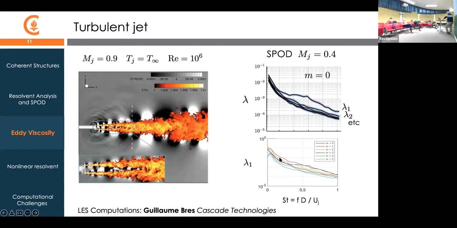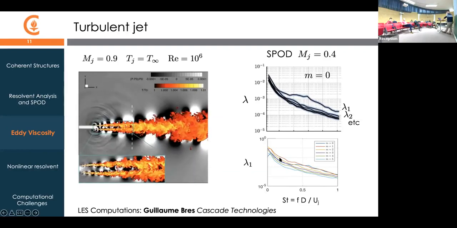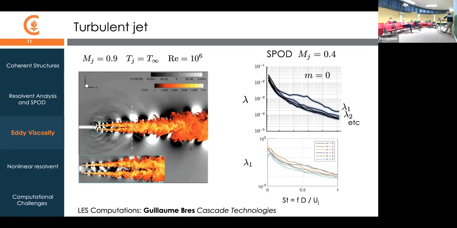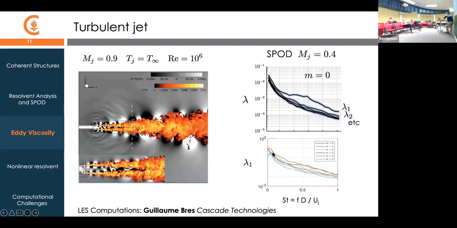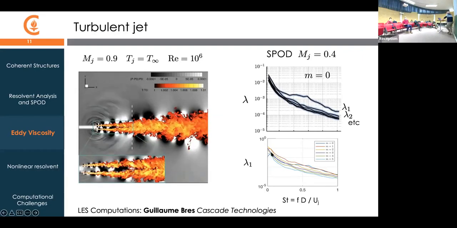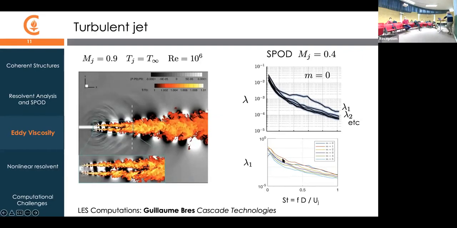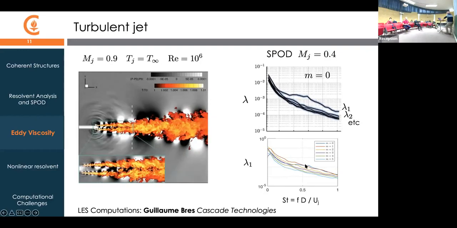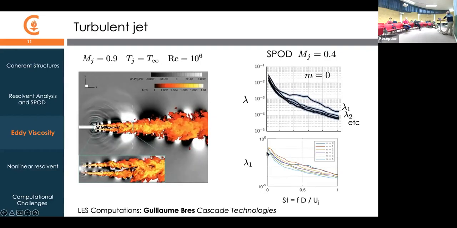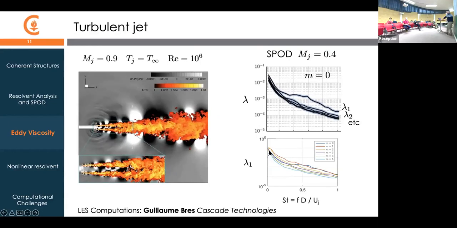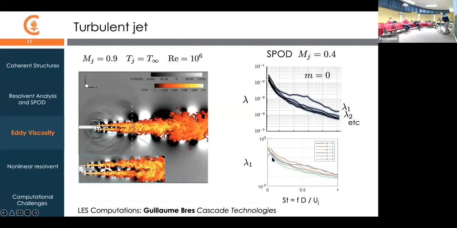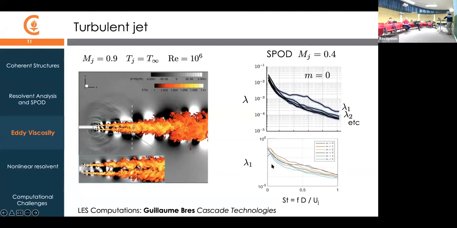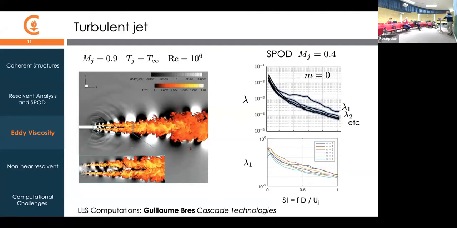Down on the bottom, I'm showing you the different azimuthal modes of the jet, just the dominant mode. And you can see that the m equals 0 response is not necessarily the dominant response, except in this mid-range of frequencies. You have these other azimuthal modes that are dominating the spectrum for the lowest frequencies. I'm sorry, the plots are hard to see at that scale, but we'll zoom in on that in a moment.